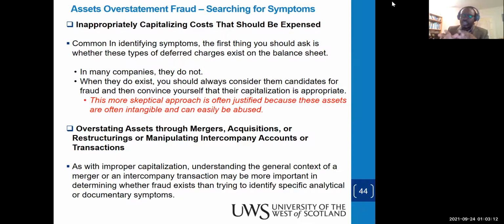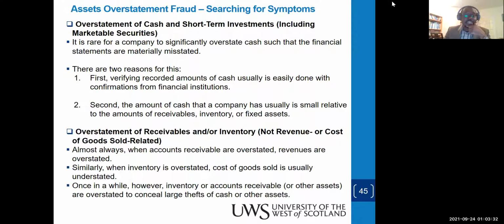So you have to always question who is acquiring the company. Why? What is the background of the company? Why is it paying such a price? Trying to find, are there any intercompany relationships? Does any of the management members have a hand in the selection or in the determination of who buys or